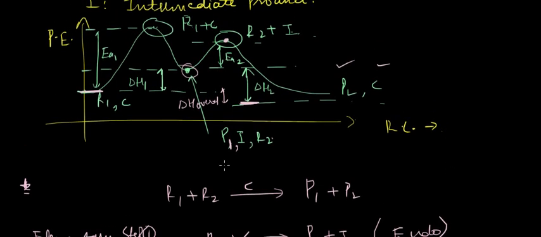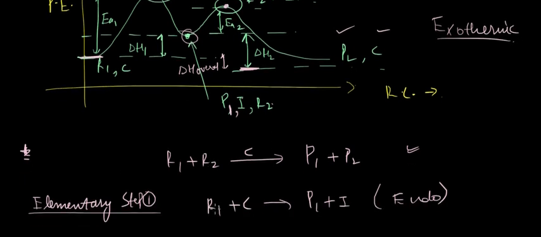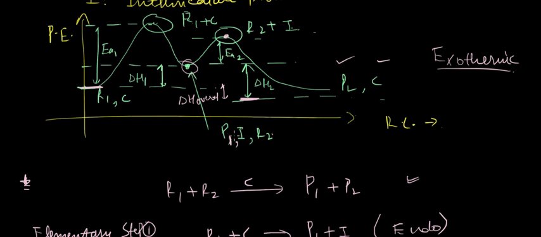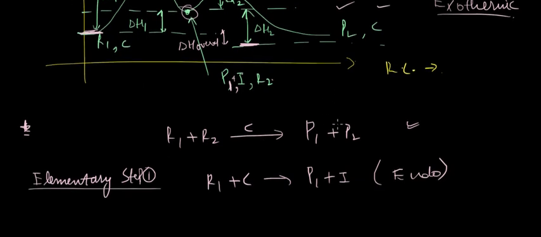So for example, let's associate this example with the previous graph, which is an example of an exothermic graph. We can say that elementary step 1, which is the reaction of R1 plus C to form P1 plus I, so this is P1 plus I formed here. From R1 to P1 it would be an endothermic process. As we can see, delta H is required, or the overall energy change is positive in this case. So this is an endothermic step,